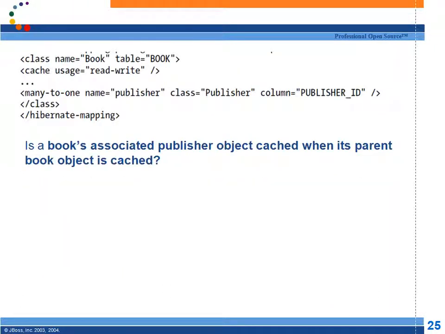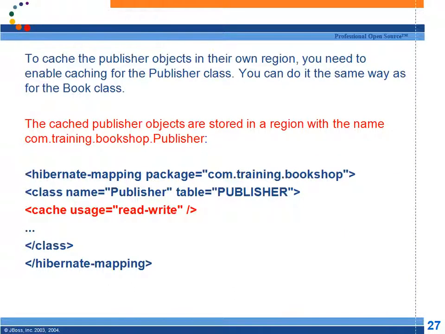So this is because Hibernate caches only the identifier of the books region. See, when book is cached, book is having a reference to publisher, right? So in second level cache, the book object will be there, but book will be having a reference to only the publisher's ID. If you want the publisher objects also to be stored, what you have to do? You have to enable caching for publisher also, and publishers will be stored inside their own cache region.